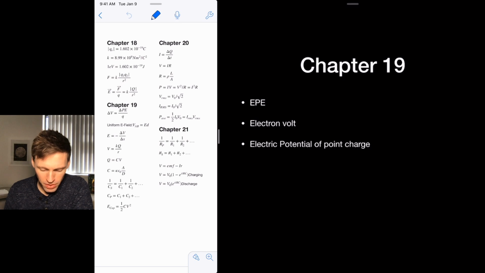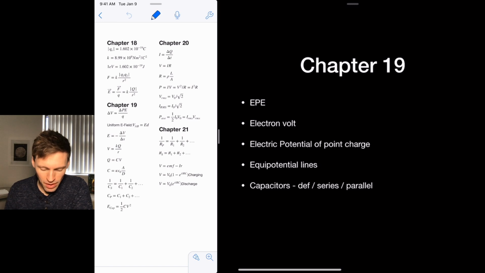Electric potential of a point charge, make sure you know what that is. I've got it over here, kQ over R, and make sure you know what it looks like. Equipotential lines, and that's what I mean by what does it look like. So make sure you know that for a point charge, the constant radius means constant